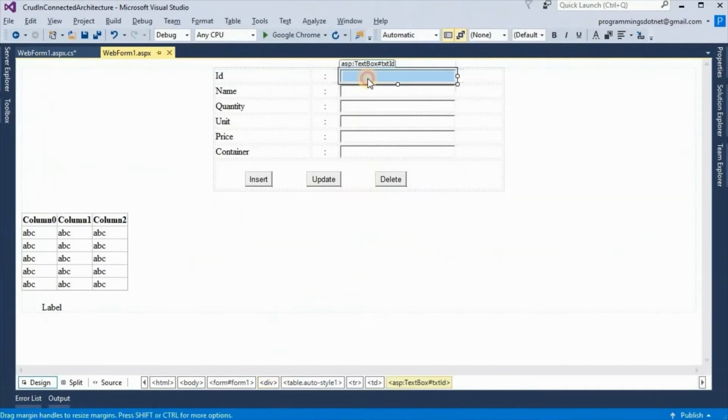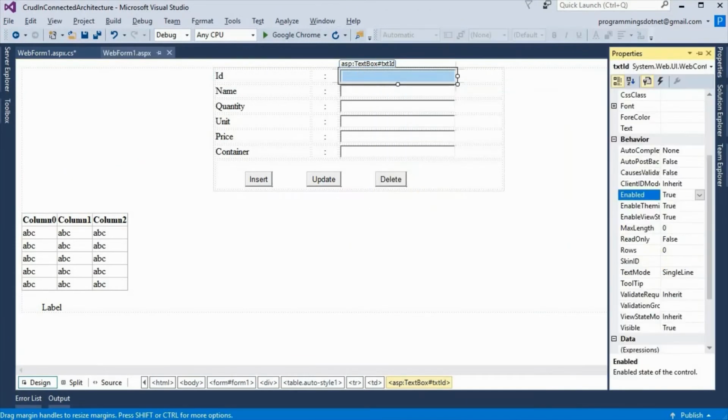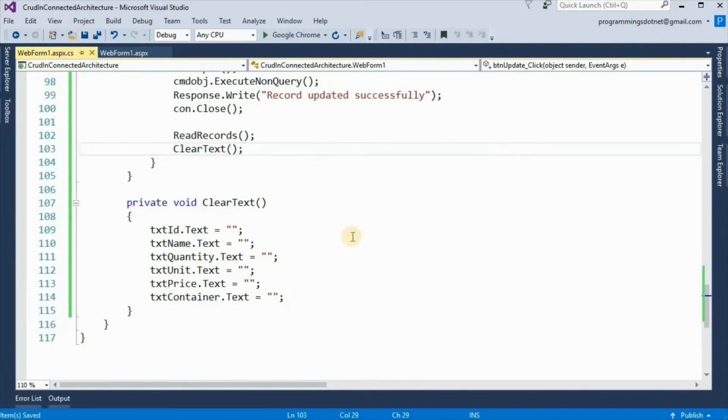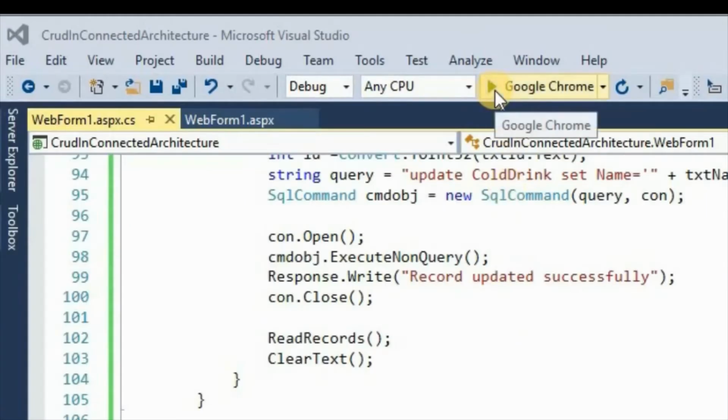And here txt id enabled is true. Now enabled must be false. So select false. And now if we see in Google Chrome,